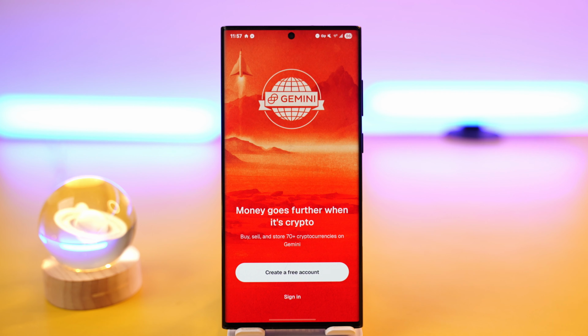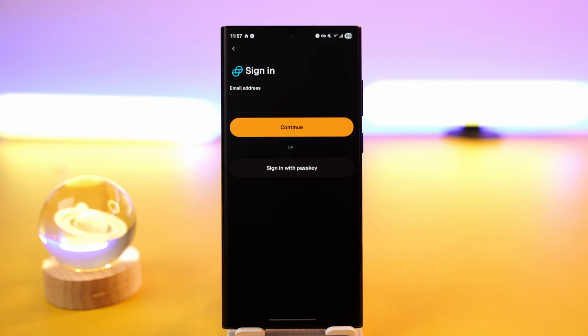Make sure you have created an account, and after you've done so, you have to log in by just tapping on the sign in button there. Enter the email address associated with your Gemini account, then tap on the continue button as you can see. Now when you tap on the continue button over there, what you have to do is after you sign in,